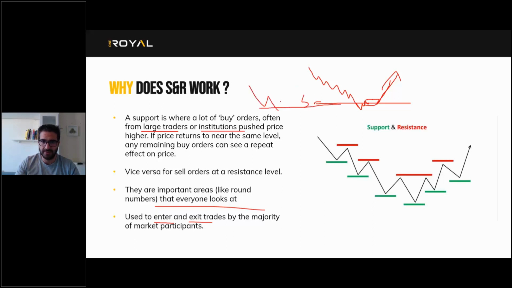This is a support. Something happened like here it is. So what you will do is you will wait for the market to approach it, and most probably there will be a kind of rejection, let's say a slight correction or even a reversal. So what you do is you use it as an entry point. You can also use it for exit trades. What I mean by this is you will use it not for entry here, you can use it as a target profit level or where you want to exit